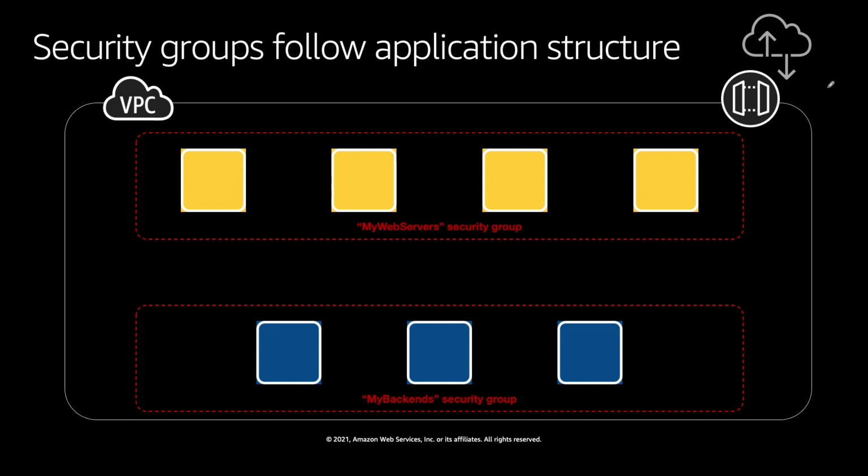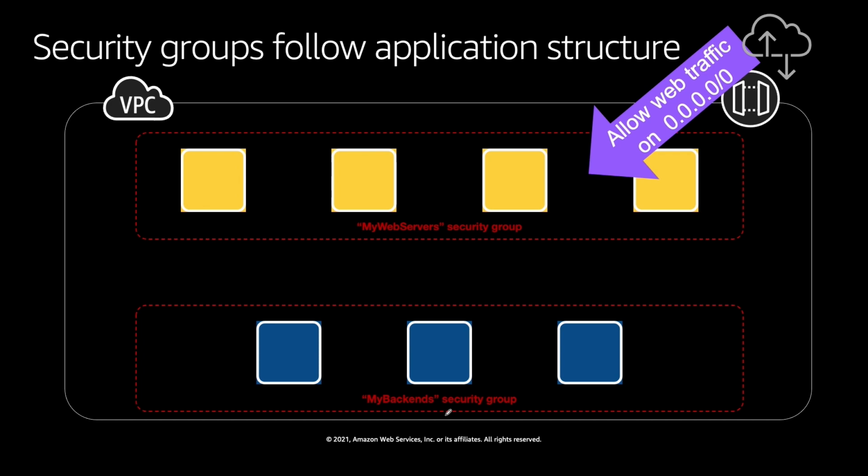Now what you can do is group them together with a different entity called security groups. Here we are naming the security group as my web server, and here we are naming it as my backend. And why do we need this? Because we want to have a different set of rules for all these instances, which is quite obvious, because for this my web server security group, you may like to allow all traffic from the internet, which is obvious, and that is how it should be.